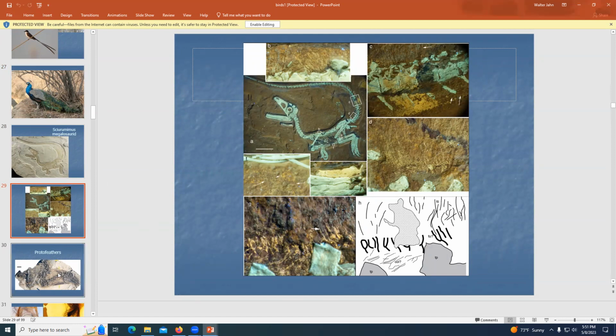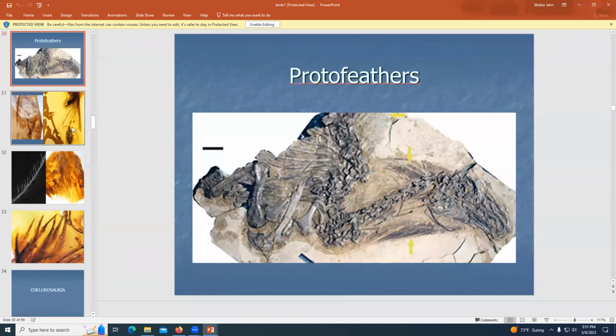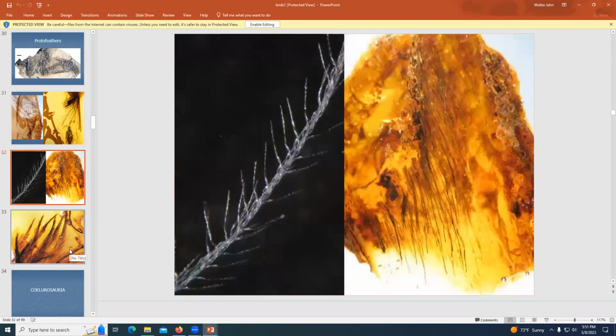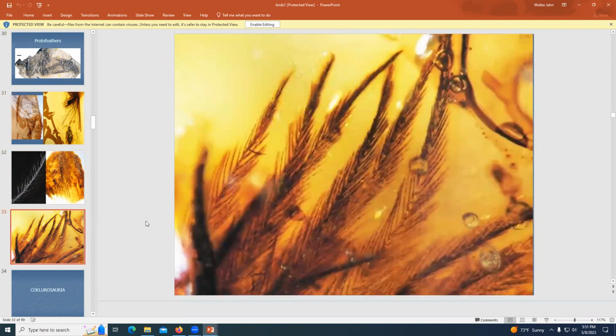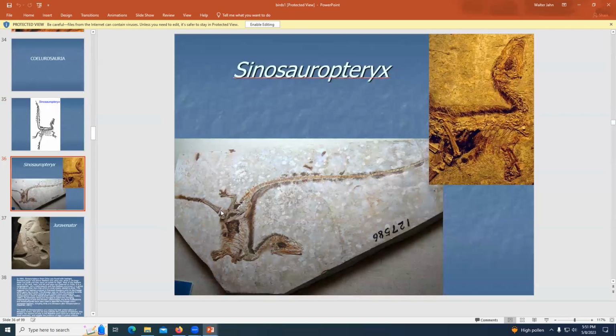A lot of them had something on their skin. Now, what do you want to call them? I don't know or care. You can call them feathers. You could call them protofeathers. You could call them integumentary structures, whatever you feel comfortable with. We actually have some preserved in amber. There was a dinosaur tail preserved in amber. So we actually have these structures, and can say that feathers are not unique to